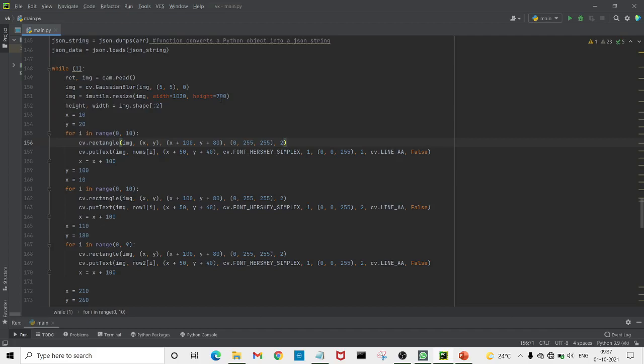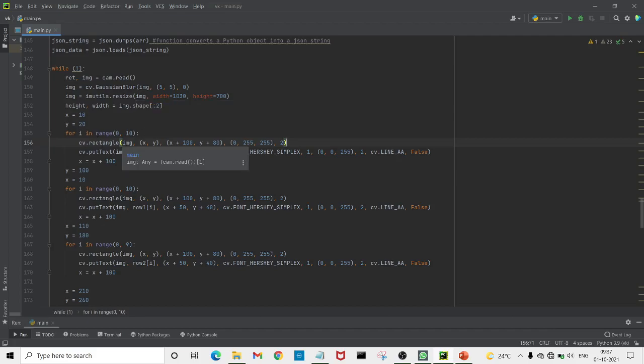First it will maintain the aspect ratio, and second it will ensure the dimensions of the image do not have to be explicitly computed by the developer. Also, the aspect ratio of the original image is preserved in the resized image. So we have used imutils.resize here.